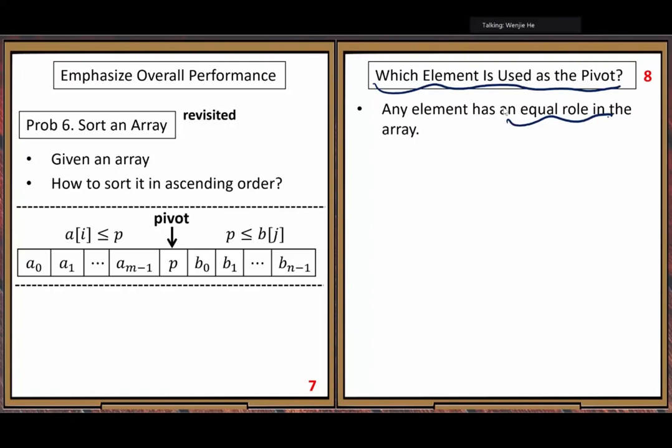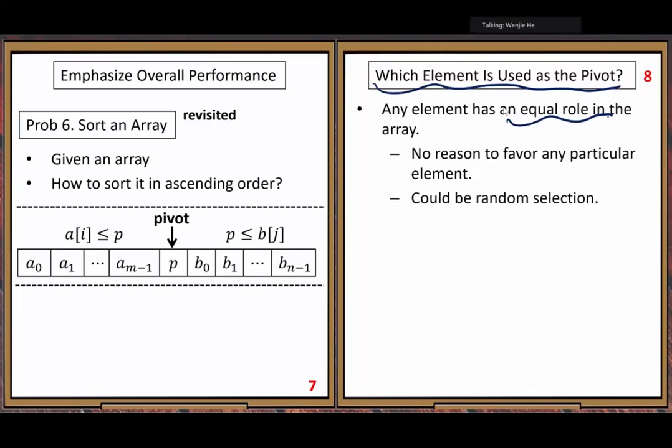All right. No reason to favor any particular element. So random selection. We've fixed this pivot selection problem easily. But next question.